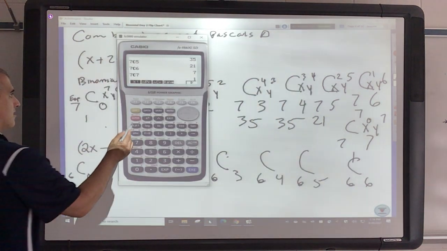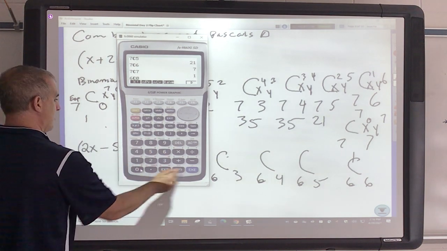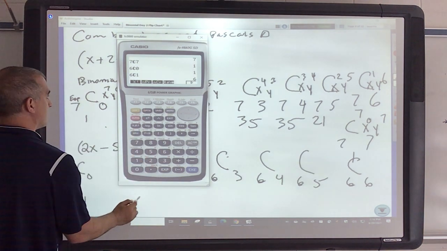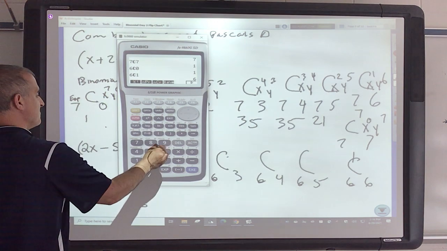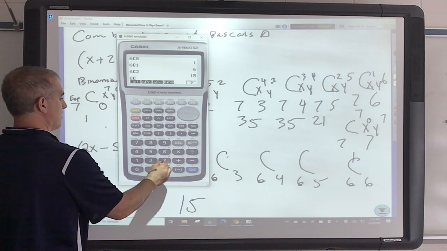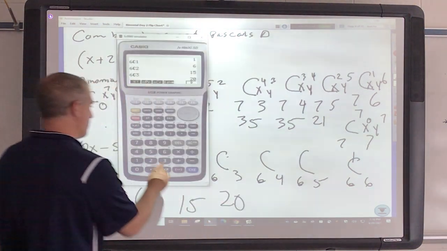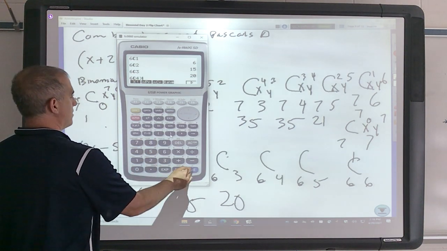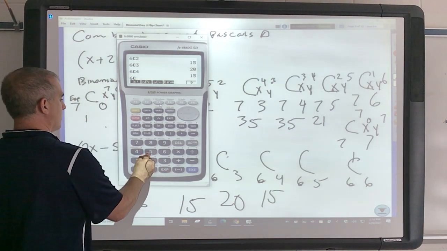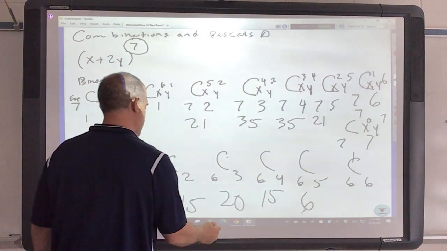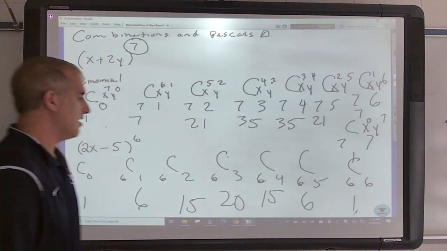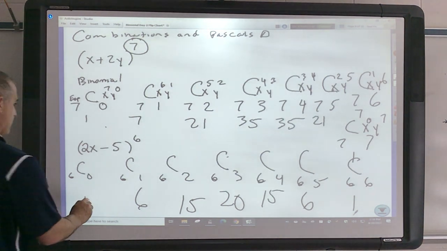Once again, 6 choose 0 is 1, 6 choose 1 is 6, 6 choose 2 is 15, 6 choose 3 is 20, 6 choose 4 is 15, 6 choose 5 is 6, and 6 choose 6 is 1. So as you can see, that would be the coefficients, and then the exponents would be x7,